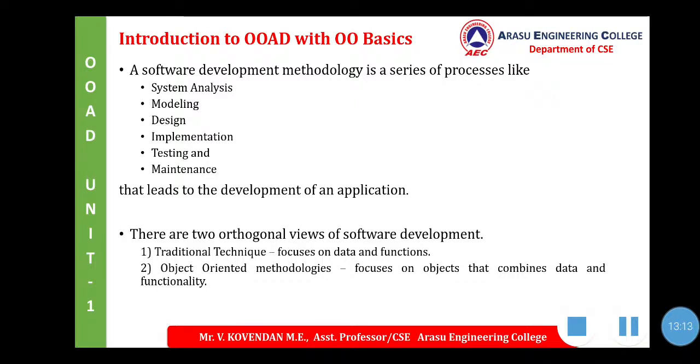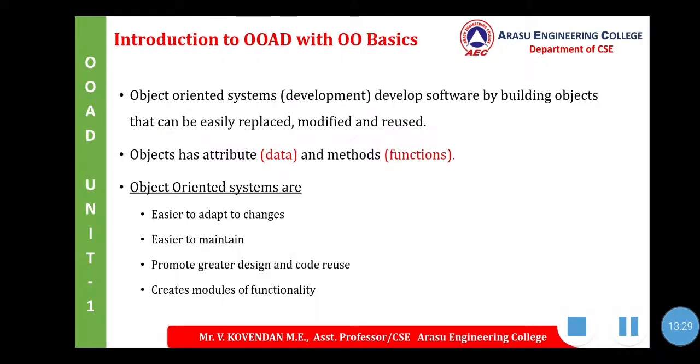And it is easy to modify, and we have the client server architecture. Client server architecture involves the transmission of messages back and forth over the network also. So these are all the applications of object oriented methodologies, right? This object oriented system development builds software from building blocks that can be easily replaced, modified, and reused. Yes, we can easily replace the objects, modify them, and reuse them. So all those things we have discussed are the applications.